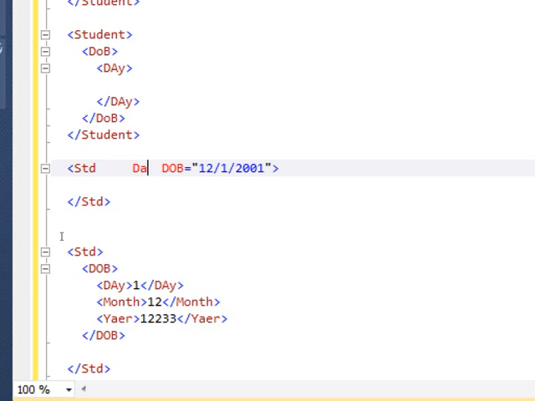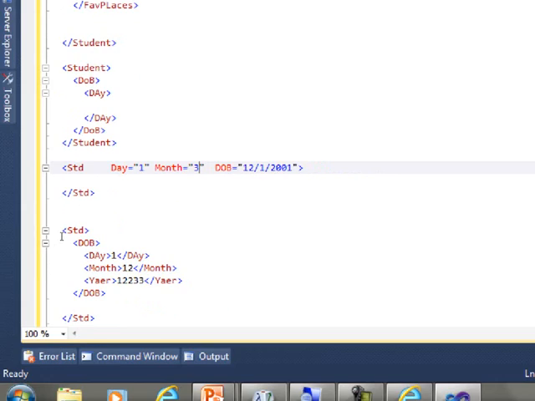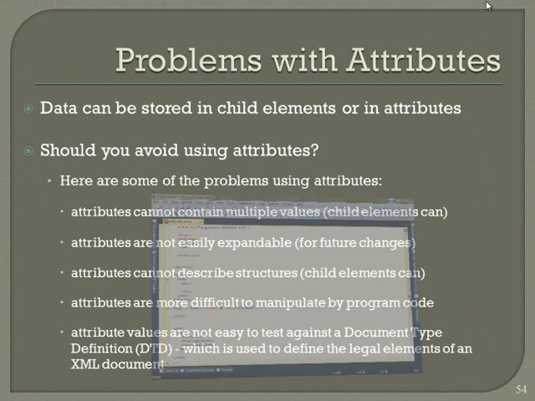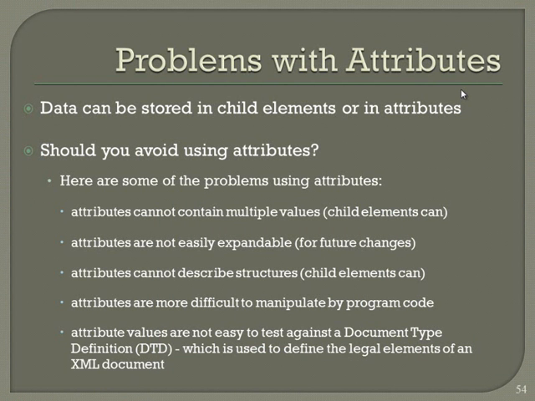Then you have to start with separate attributes saying day is 1, month is, say, 2, and so on. So it's not easy to expand the attribute itself. So it is up to you, if you decide that tomorrow you're going to expand that thing, you do it.